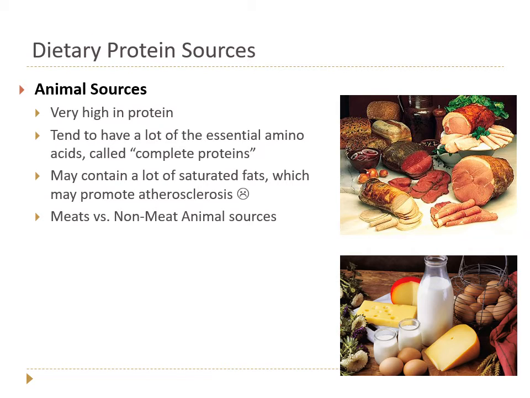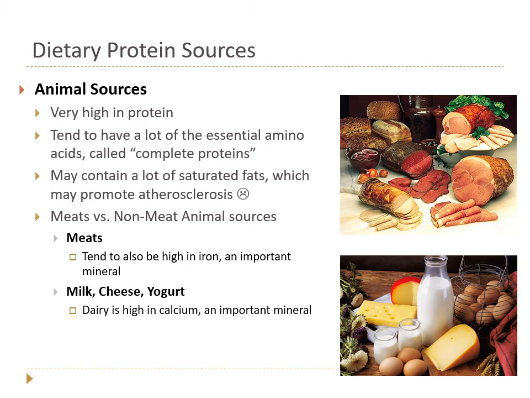So when we compare meat versus non-meat animal sources, so still all animal sources, meats also tend to be really high in iron, which is a really important mineral for us that we'll talk about in the second half of this lecture. So muscles have a molecule in them called myoglobin, which is very similar to hemoglobin, so it's very high in iron. Milk, cheese, and yogurt